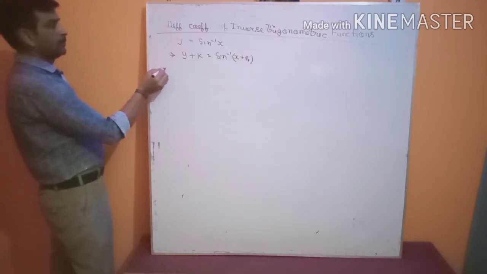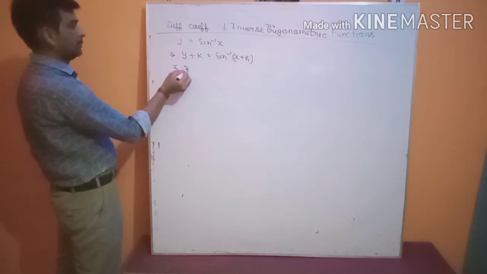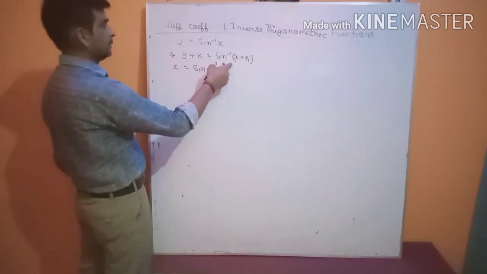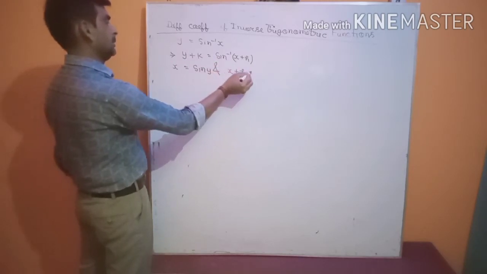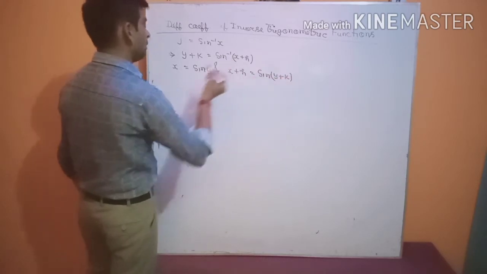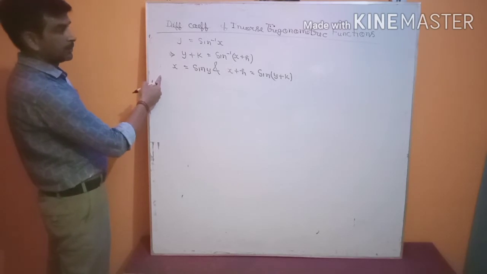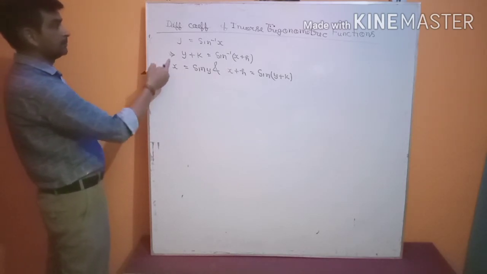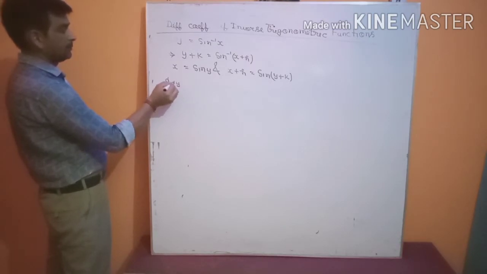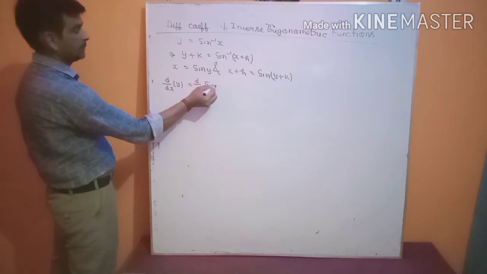From here, if y equals sine inverse x, then x equals sine y, and from here x plus h is equal to sine of y plus k. So we may write the differential coefficient of sine inverse x by the first principle of differentiation, d/dx of y is equal to d/dx of sine inverse x